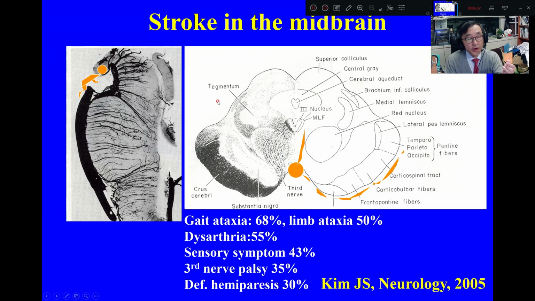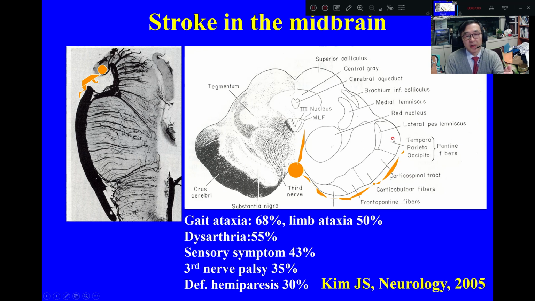So what about the midbrain? The midbrain is also supplied by the basilar artery, but it is also supplied by the PCA, especially in the lateral part of the brainstem. The motor fibers here in the peduncular area are supplied by the PCA rather than the basilar artery. So if the patient has a motor symptom, it is usually due to PCA disease, or perforators arising from the PCA should